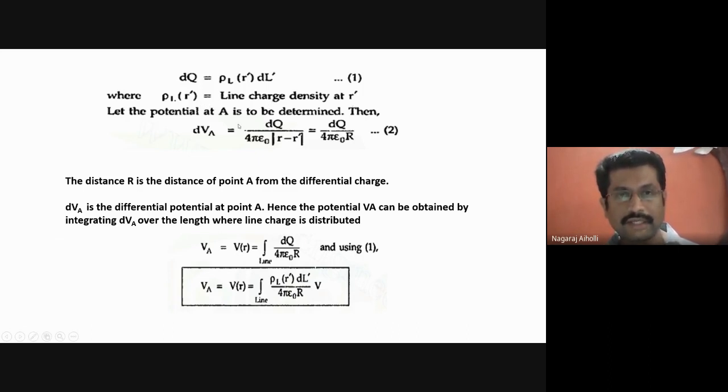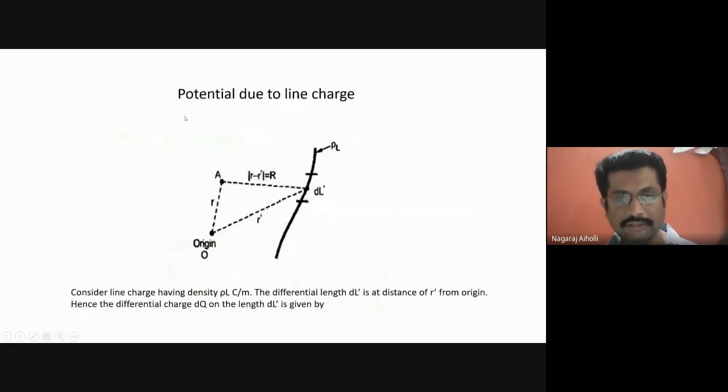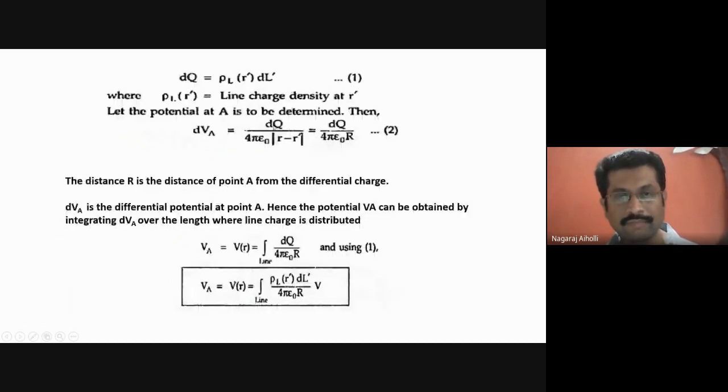Now the potential at A we have to find out. If we are supposed to find the potential at point A, then dV_A, the small differential voltage at point A, is given by the formula dq divided by 4 pi epsilon naught into |r minus r'|. We know this formula for potential: V is given by q divided by 4 pi epsilon naught r. That is further equal to dq divided by 4 pi epsilon naught into capital R,